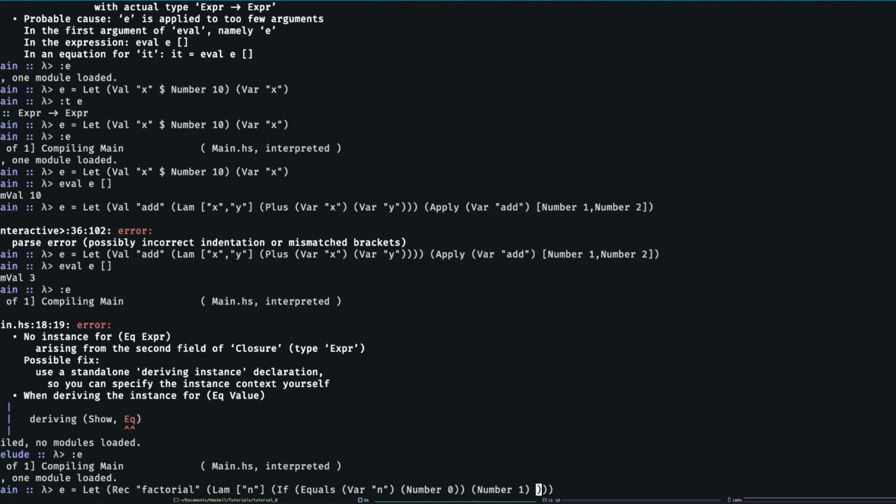If not, oh look, we can't do factorial because I haven't added in multiplication. So let's just make sum. We'll make something that sums up to, so if you give it sum 10, it'll do 1 plus 2 plus 3 plus 4 plus 5 plus 6 plus 7 plus 8 plus 9 plus 10. So number 0. If it's false, however, then we'll do add of var n